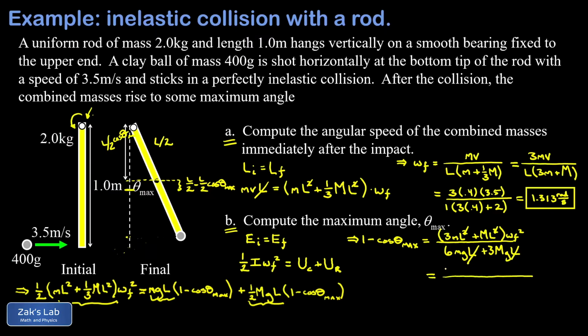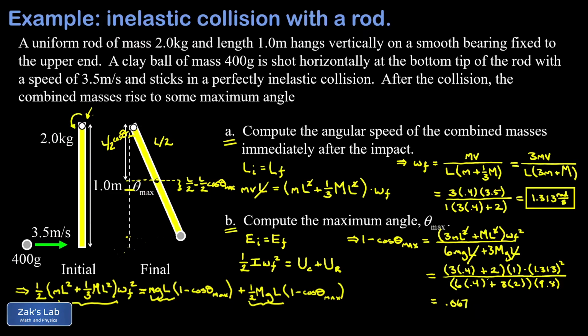In the numerator I end up with 3 times 0.4. Remember, 0.4 is the mass of the clay blob. I'm going to factor out the L as I'm working here. Then I end up with plus big M, which is 2 kilograms, and I factor the L out, that's 1 meter. Then I put in omega final squared, which is 1.313 radians per second, and we're squaring that. In the denominator, I have 6 times 0.4, and I'm going to factor the G out as I'm working, plus 3 times big M, which is 2 kilograms. That quantity is all multiplied by G, that's 9.8. And when I run the numbers on this, I get